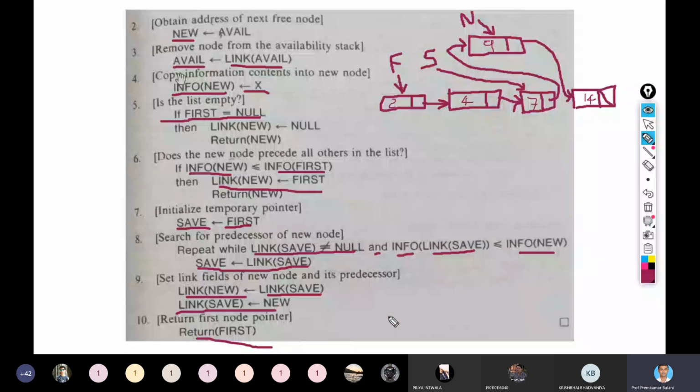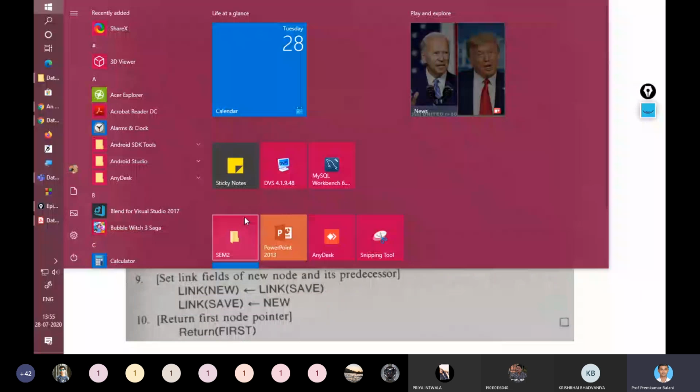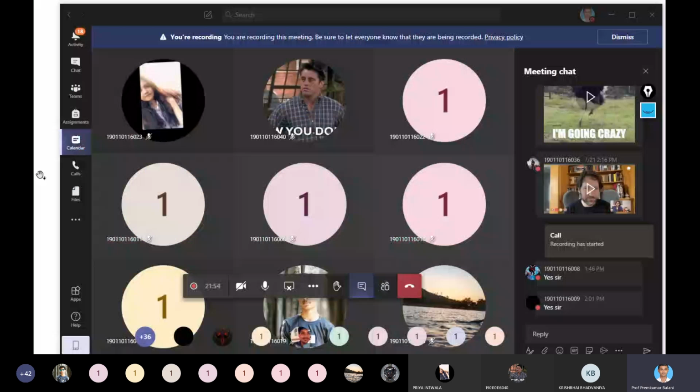Roll number 7. Roll number 9. Roll number 1.